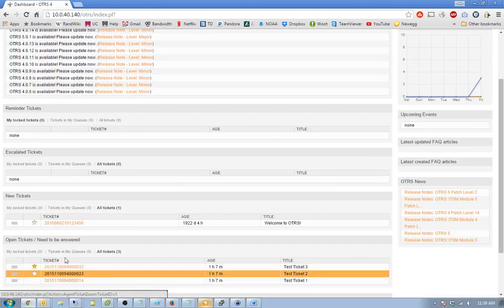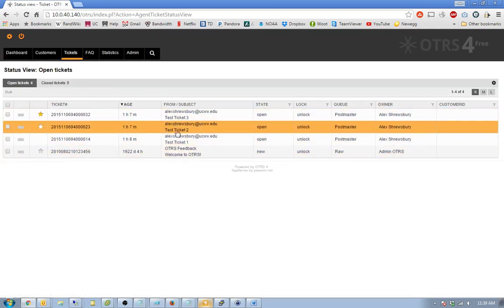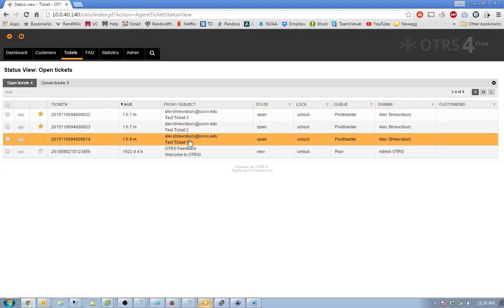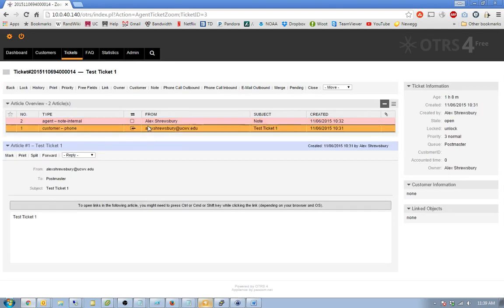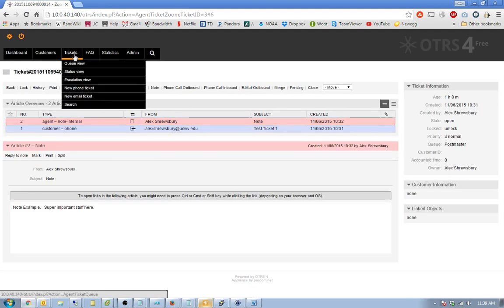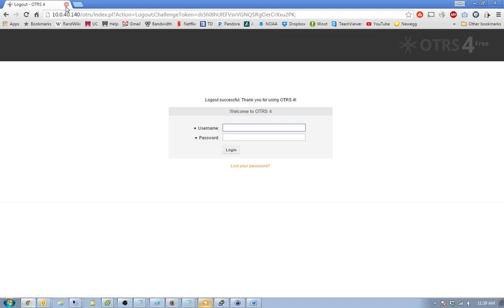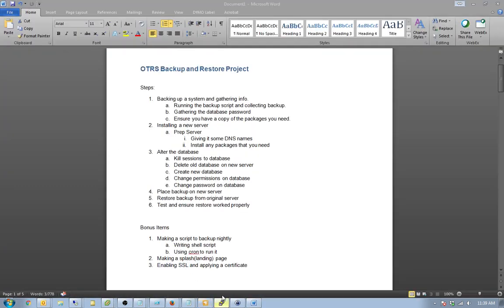And you can see I got a couple tickets. I know I'm a few versions behind. But if we go into status view here, I've got 3 tickets other than one that's in there by default, and I've got a note here. So these are the things that we'll be looking for after we restore. Do we in fact have these 3 tickets, and do we have that note in there? So I'll go ahead and log out of that, and I'm gonna grab a PuTTY session